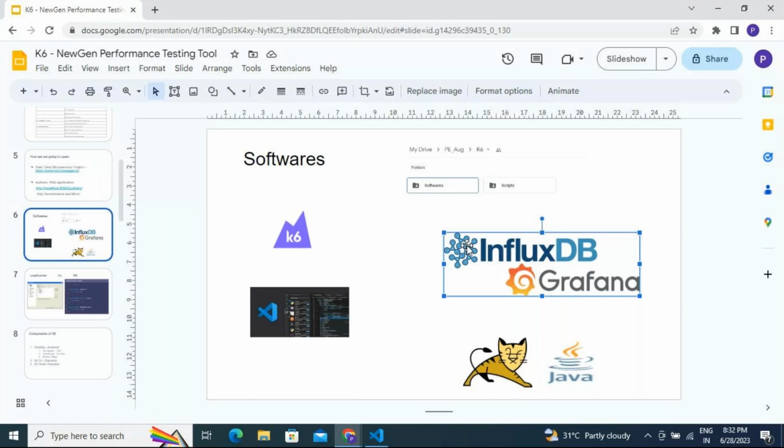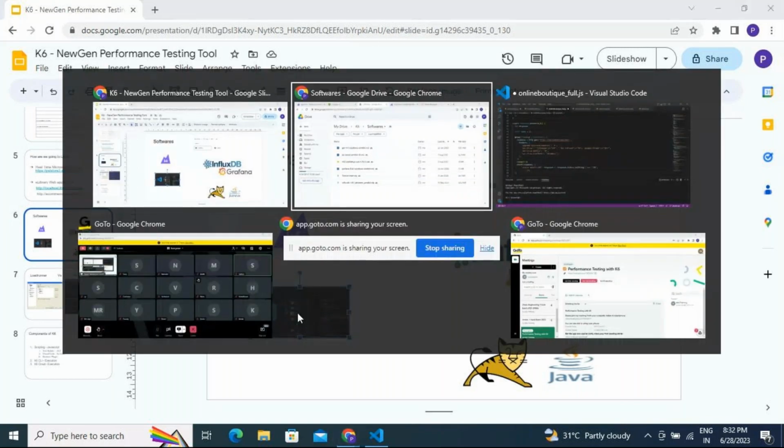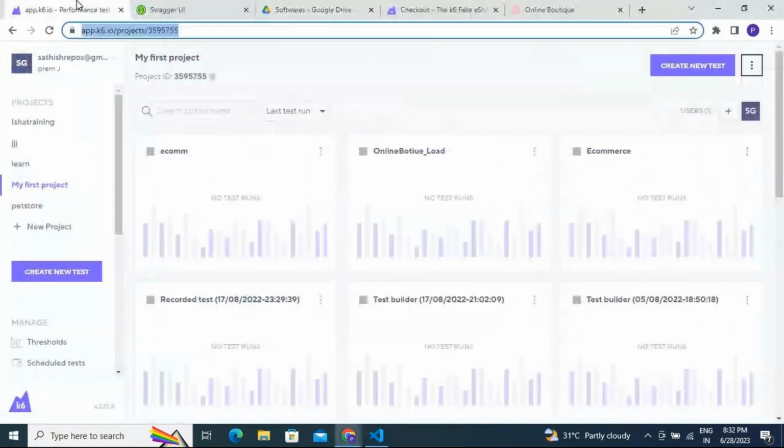I'll show you when we go to the InfluxDB and Grafana part while doing execution. I'll tell you how to install it. For now, you don't need it. Initially, you just need K6, you need Visual Studio Code, and then you need the online subscription for app.k6.io. These are the three things you would need at the beginning to follow the course and then practice it